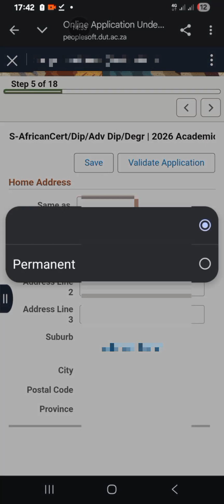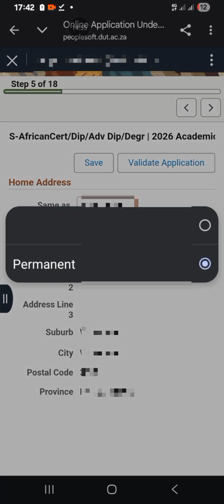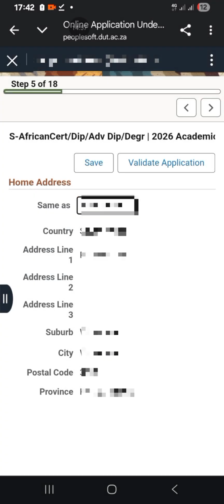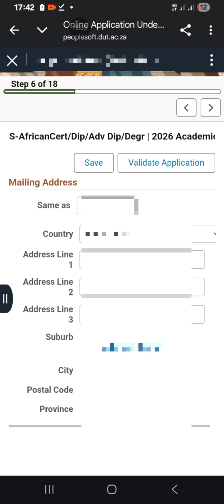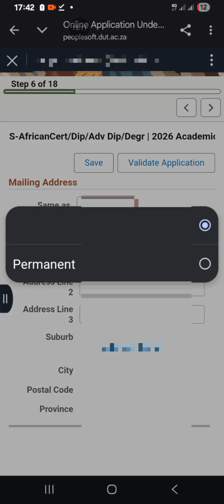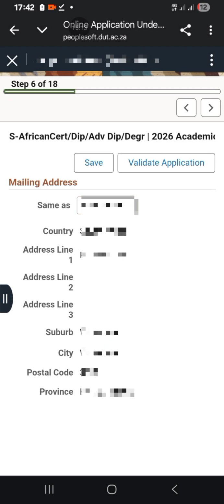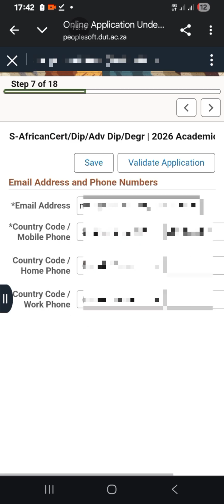Home address, same as mailing address, and then you click the right arrow.